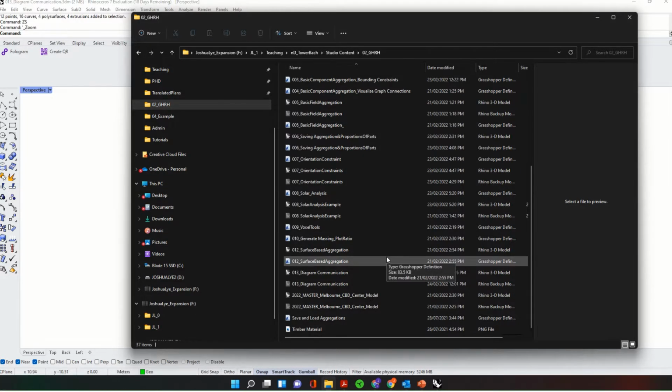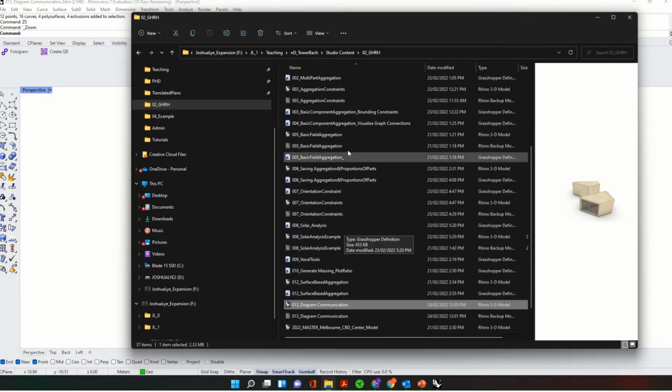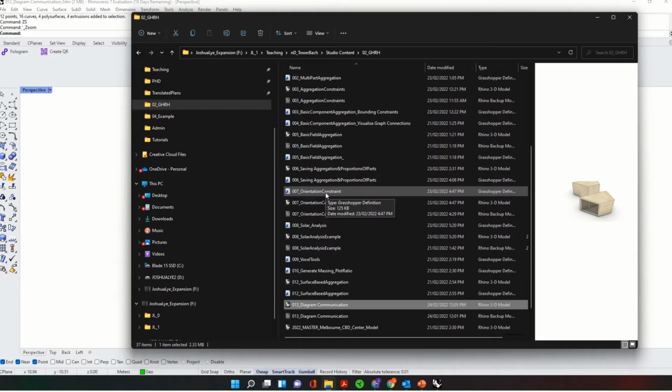Hi everyone. In this tutorial, I'm going to quickly go over how to diagram and communicate your aggregations, components, and connection logic. So I'm going to be using this diagram communication Rhino file as well as just the orientation constraint